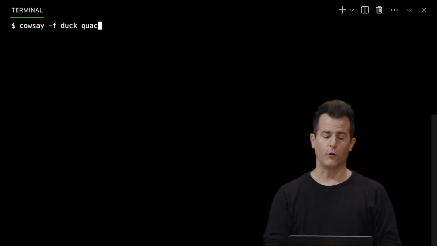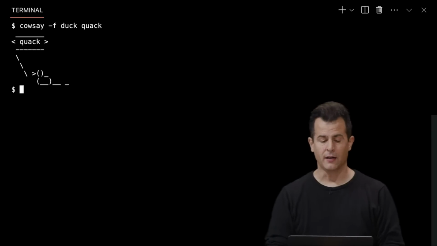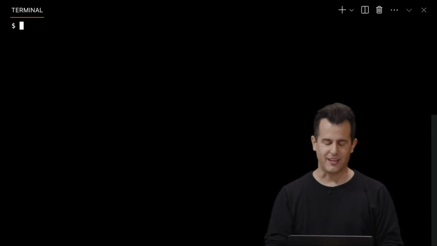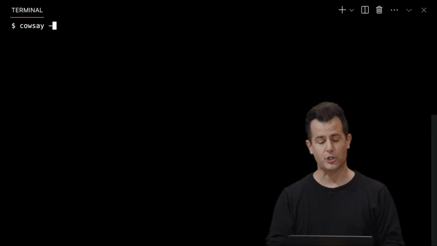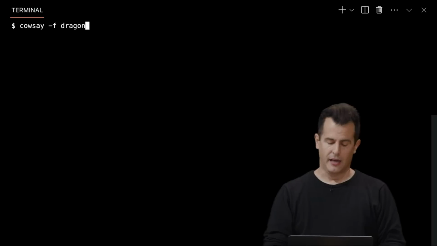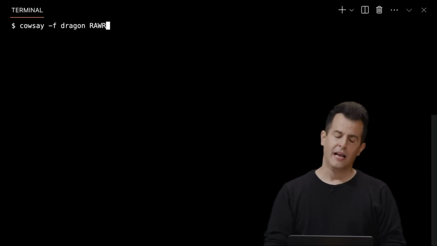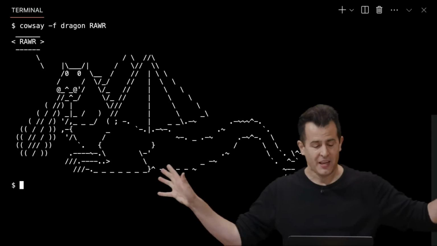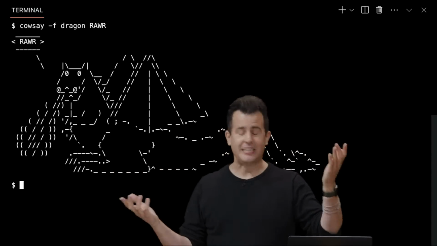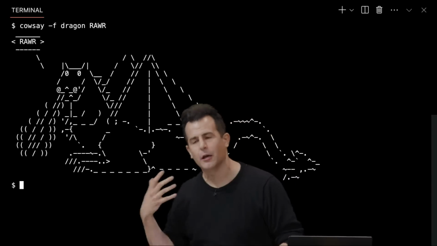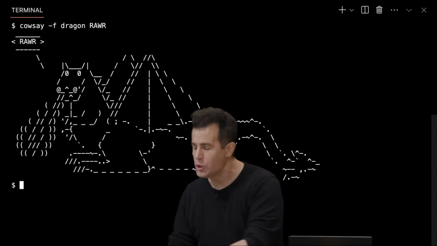And I'm going to have this version of the ASCII art say quack. So it's a tiny little duck there, but it's saying quack. And you can kind of waste a lot of time doing this. I can do cowsay -f dragon and say something like roar. And this is just amazing. Again, not really academically compelling, but it does demonstrate, again, command line arguments, which are everywhere, and you've indeed been